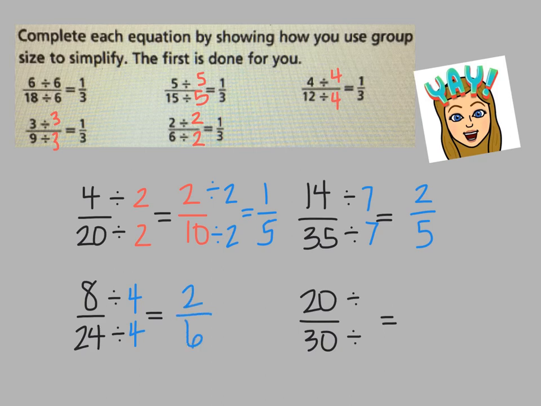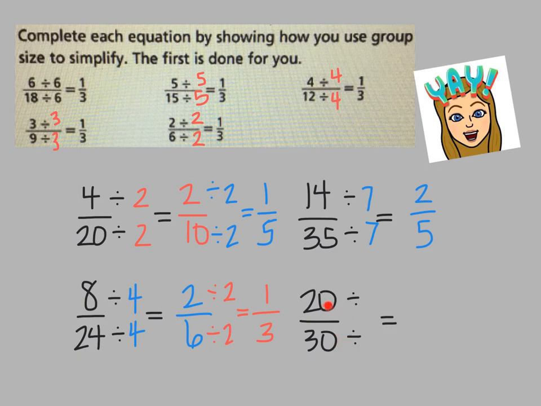Ooh, hold on there. Ooh, this isn't simplified all the way, is it? Because 2 can go into itself and 6. So I actually have to do the step again. And that's okay. 2 divided by 2 and 6 divided by 2. I can simplify again. So that gives me 1/3. Now you'll notice that means 8/24 is equal to 2/6 and it's equal to 1/3. And this is the most simplified version. All right, last one,